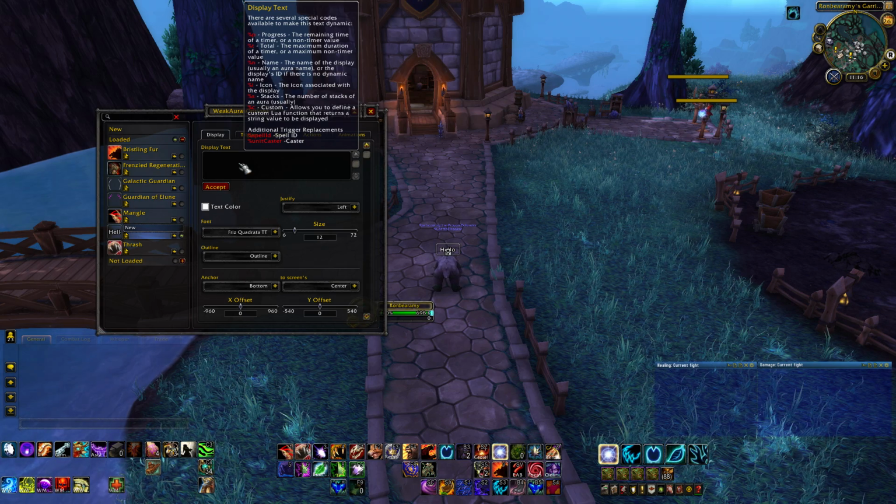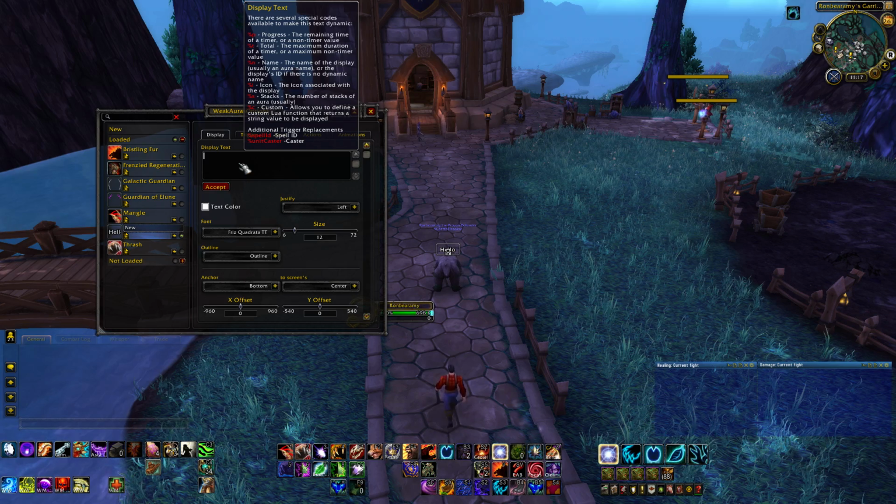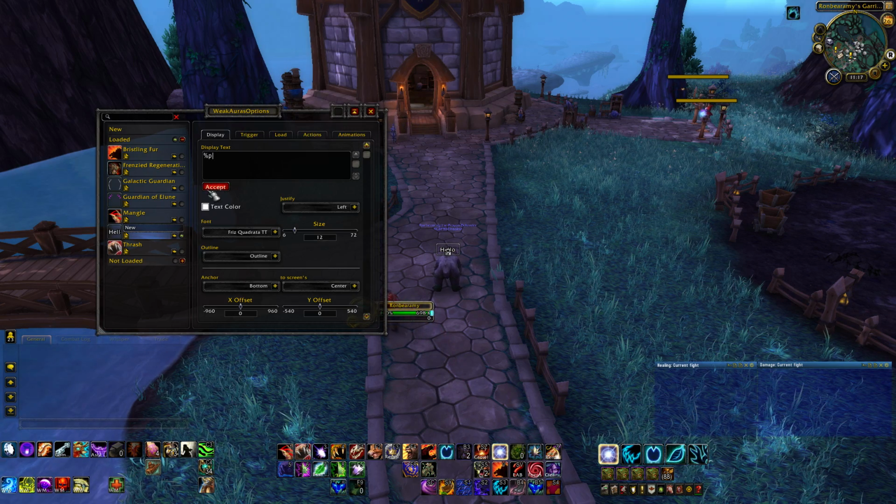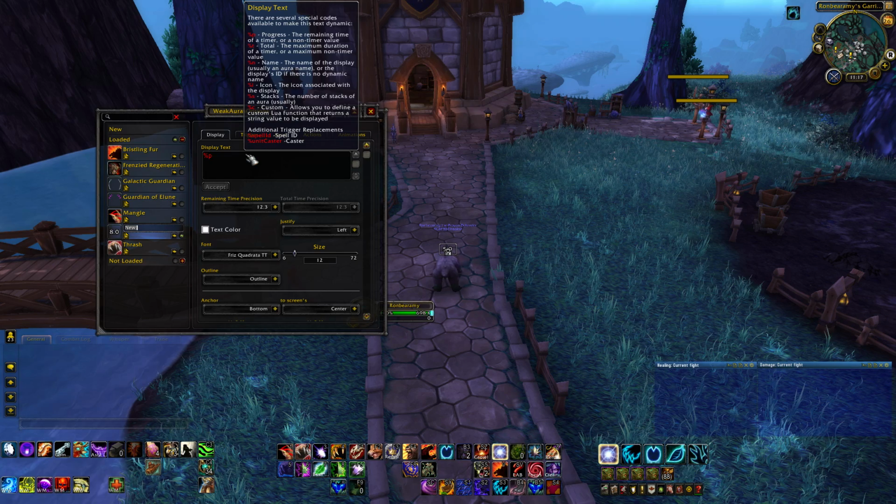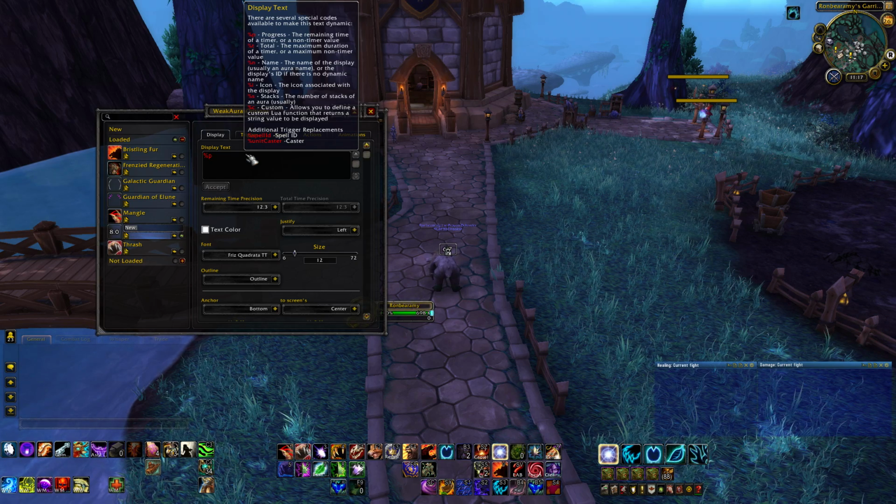Now, the most common one is %P, and what that does is it tracks the remaining time on whatever you're tracking, whether it's a cooldown, so the time remaining on the cooldown, or you could do the duration of a buff or debuff, and so on. The %T does the maximum duration, which I don't really find that useful, but it is there if you need that for some reason. N gives you the name of whatever spell you're tracking. I just shows the icon of the spell that you are tracking, and then S is the other one that I use a lot, and it shows how many stacks of whatever buff, debuff, cooldown, spell, whatever, that it has